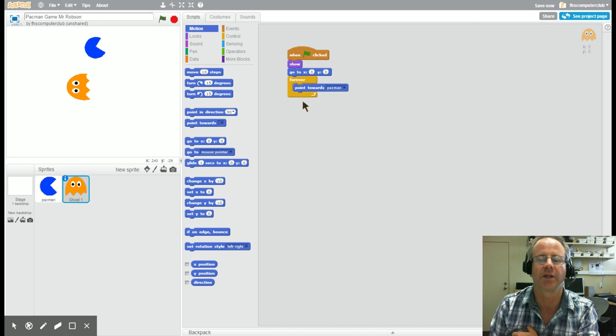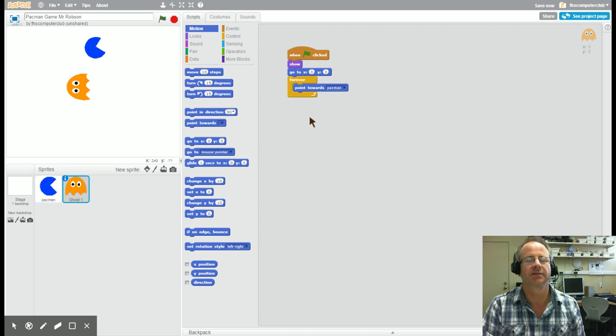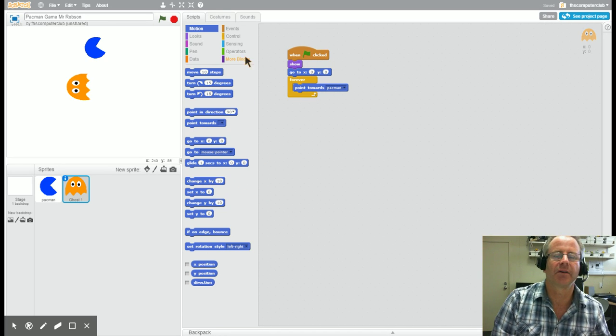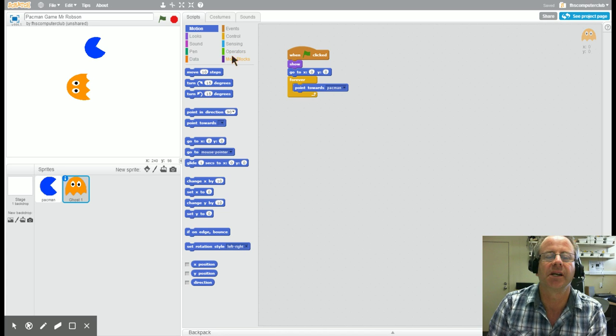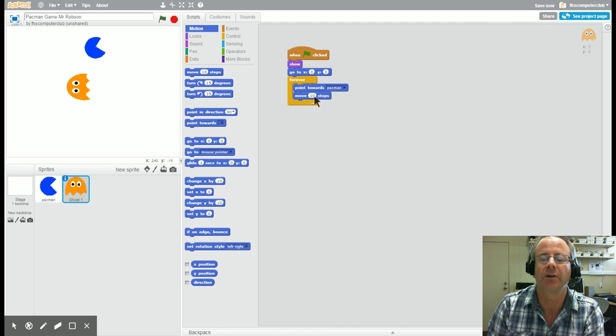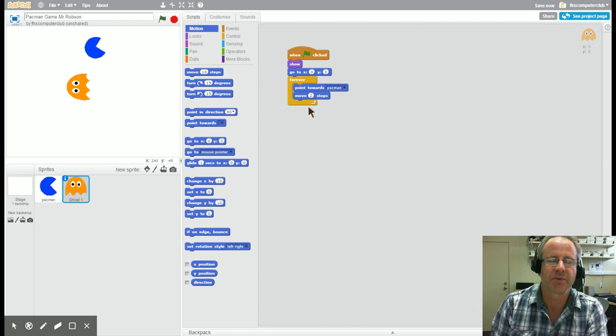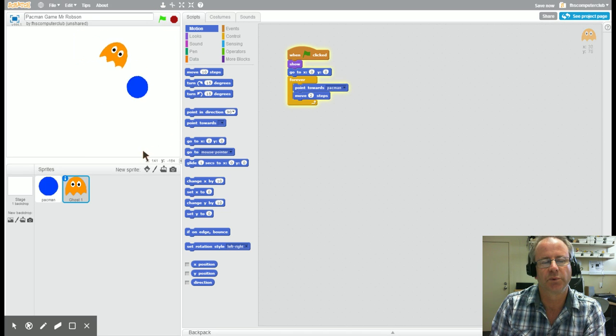Can you guess what block we have missed out here? If you guessed it is the motion block, you're correct. And I would suggest we use a motion block of, say, we're going to try 2 steps. If we did more than 2 steps, it might just be a bit fast catching up to our Pacman. Ooh, there we go. So what happens when it catches our Pacman? Oh, a bit of craziness goes on, but